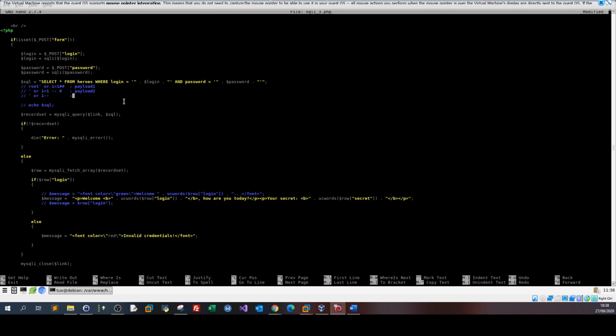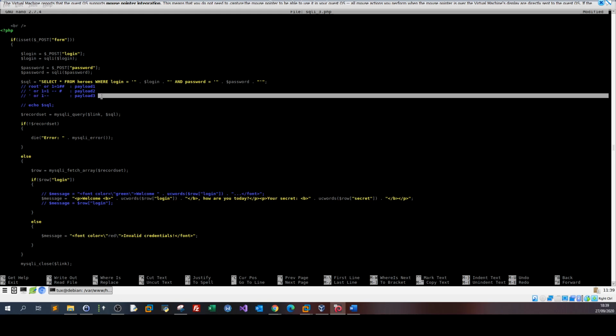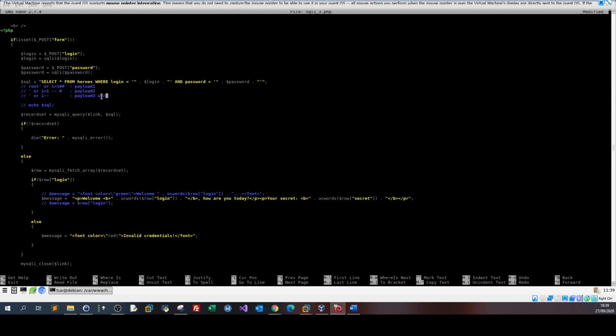This is payload 3. Now, why didn't we use a statement like this one, or 1 equal 1? Since we used a single quote here, that's okay. Now, or, and here 1, and right after the 1, we have commented out everything that comes after it, which means we're going to ignore every statement. Now, this one can be used to fill only the username field. So payload 3 works